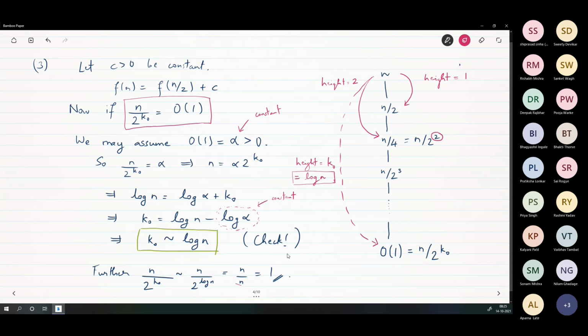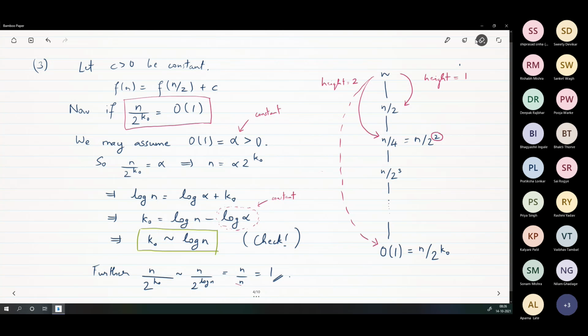So there isn't really any difference. When you take something that is tilde log n, you will get something that is close to big O 1. You're getting 1 itself here. So very good. Asymptotically, this height is log n. That is the meaning. When you go n by 2, n by 2, what is the other thing that you need to remember? Let me just write this small thing down on this side.